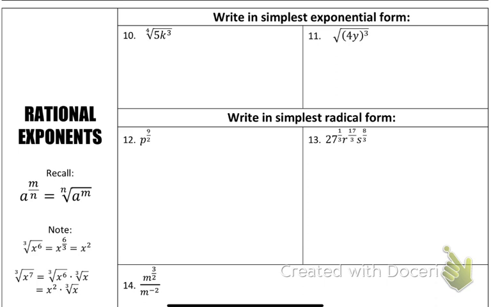Okay, so our very first one, we have 5k cubed. Is the 5 being cubed? No. So what I'm going to put here is this one does not equal 5k to the 3 over 4. That is incorrect. The 5 is not affected by that 3 at all, so it shouldn't be on that exponent at all. Instead, this should equal